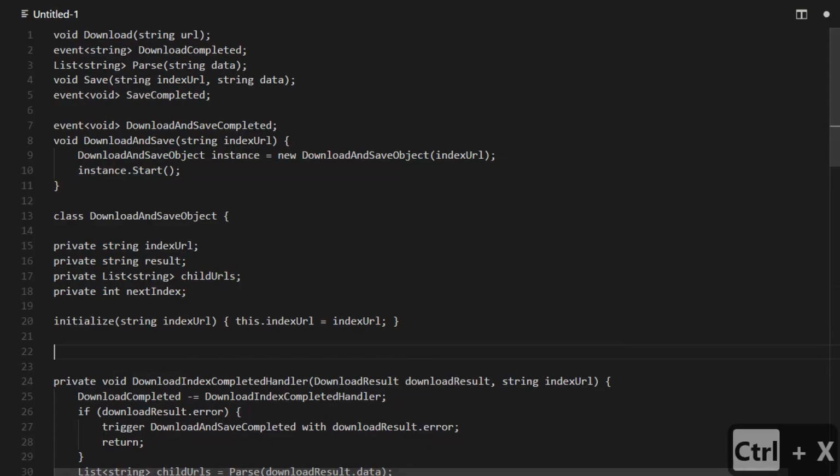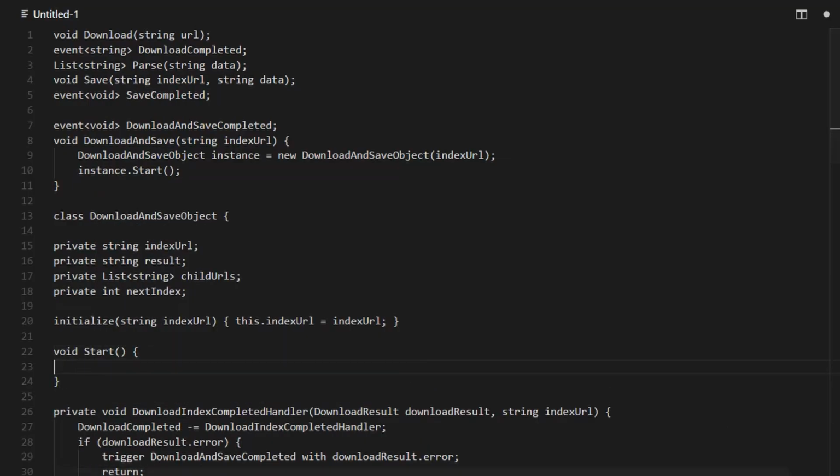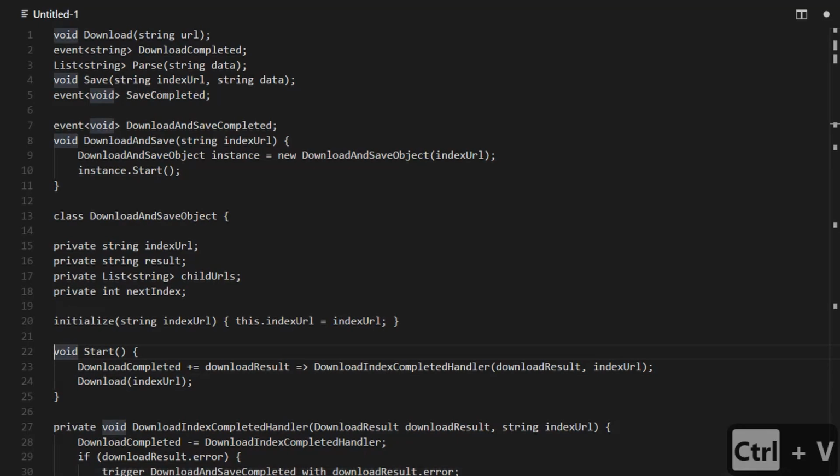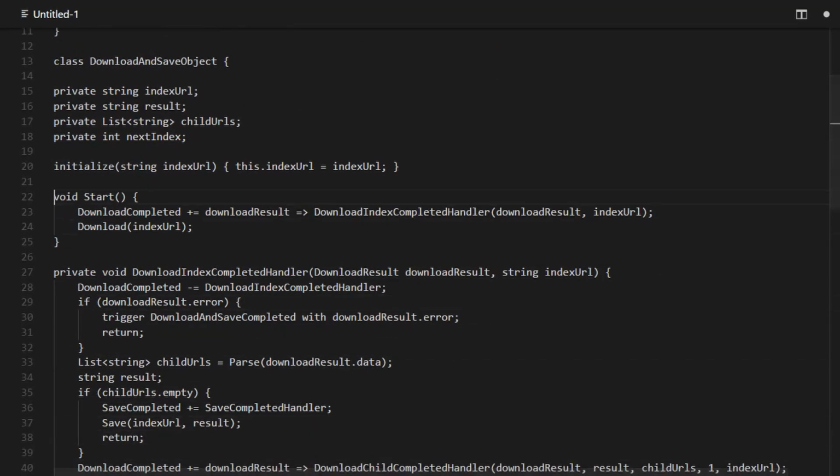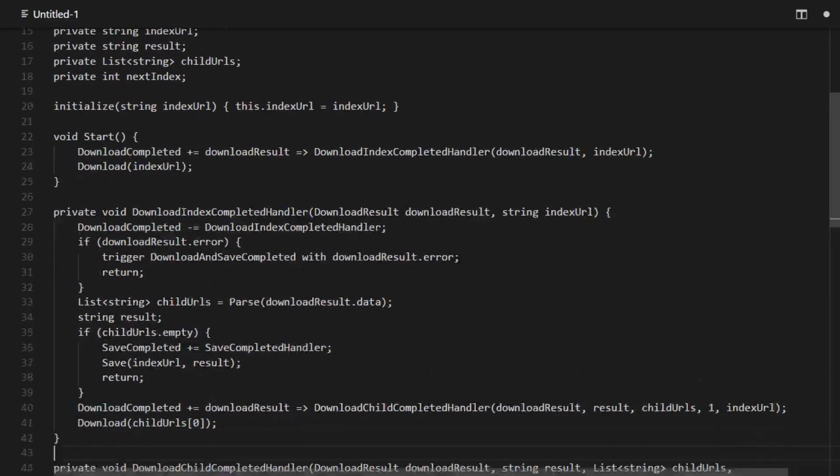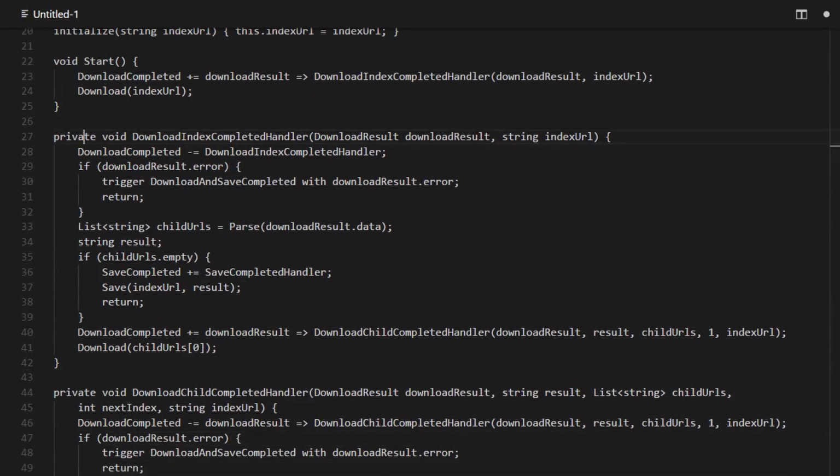Now we've got our void start method coming in, and now we've got all this stuff in our object. So we have all this data in our object. We've got all these private fields, we set index URL, and now the very first thing that we're going to do is kick off start, and all the rest of this can still work if we clean it up a